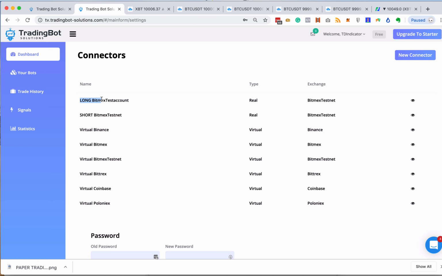In this account, I already set up a long and a short testnet account for BitMEX, so I can demonstrate how trades actually get placed on BitMEX on the testnet, how it's gonna get filled, how the leverage trading works and so on. Like I mentioned, we developed the bot mainly for TradingView. We will have very soon options to connect other signal providers, and we will provide our own signals to you very soon. At the moment, TradingView is our main signal source, and we decided to do that because you are able